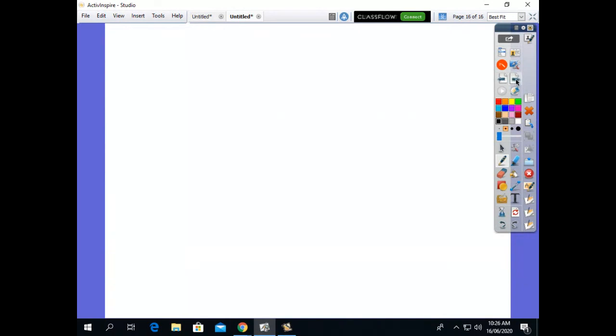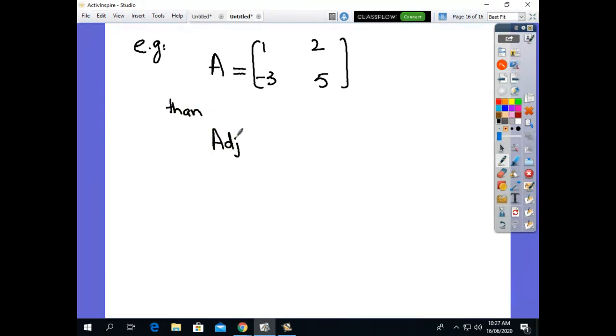For example, here we take any matrix. Suppose matrix A is [1, 2; -3, 5]. How to take the adjoint of a matrix? ADJ means adjoint of a matrix, a short form of adjoint. Adjoint of matrix A is equal to,